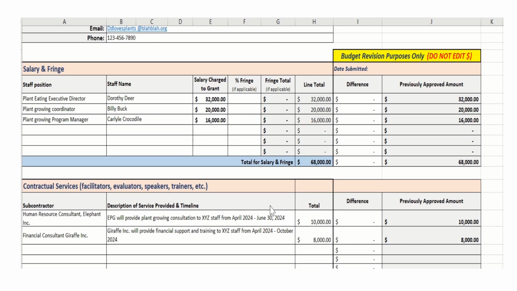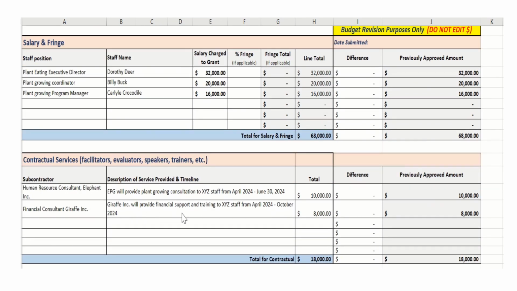To do this, we'll go to the financial consultant line in the total column, which is column H, and click and type in $12,000. Hit enter.